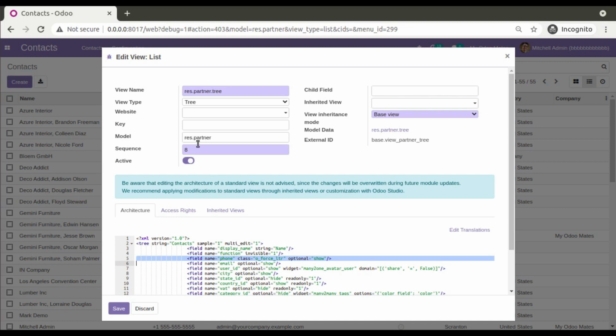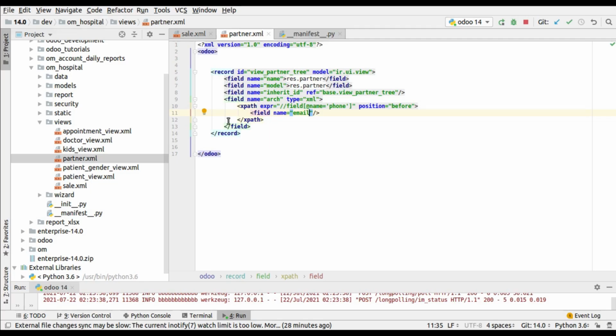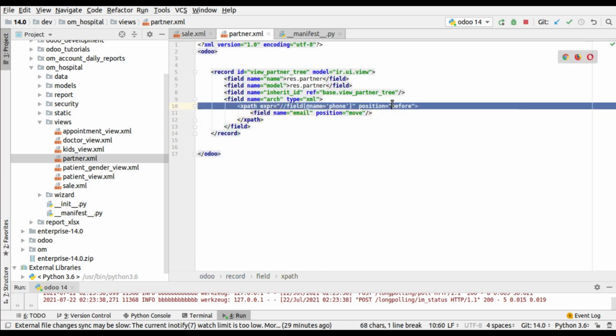Along with this you simply give position move. What will happen is the email field will get moved to this position.